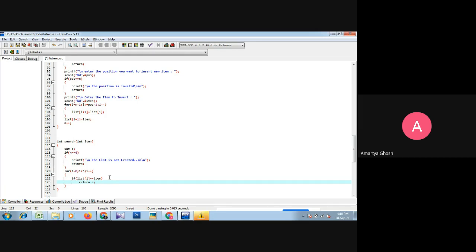Okay, that means the value of I is less than n if the item is available within the list.